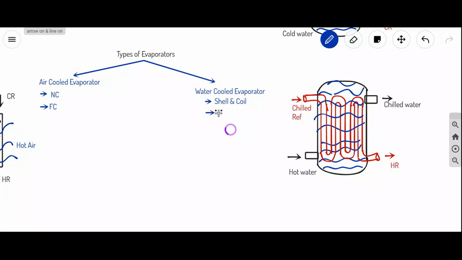Shell and tube. Double pipe. Shell and coil, shell and tube, double pipe are the different types of evaporators we have. Next, hope it is clear. Next,